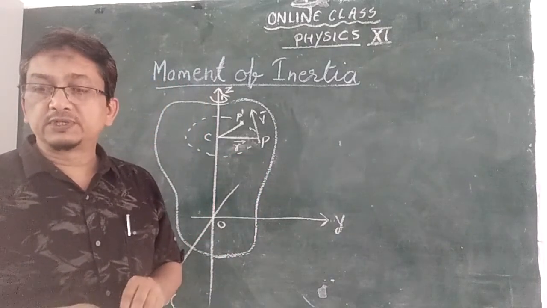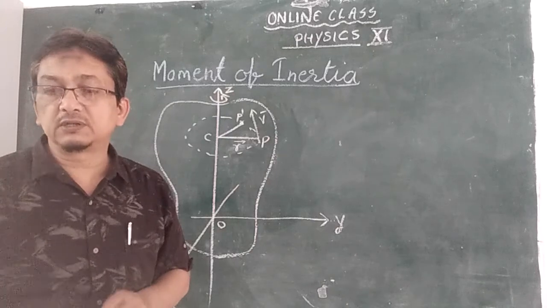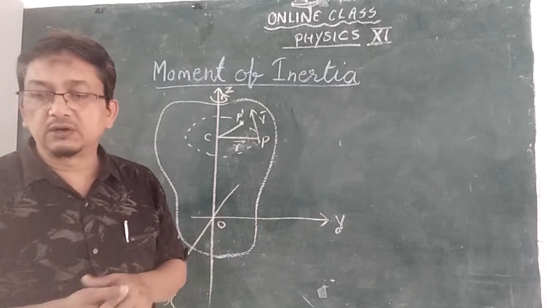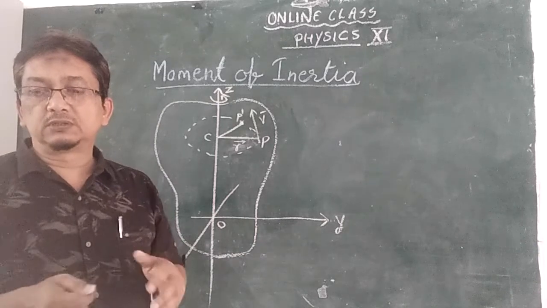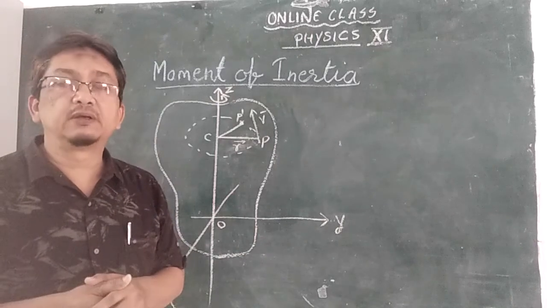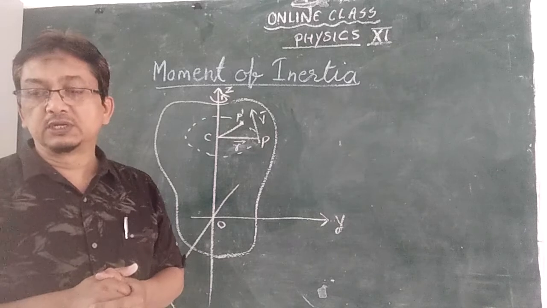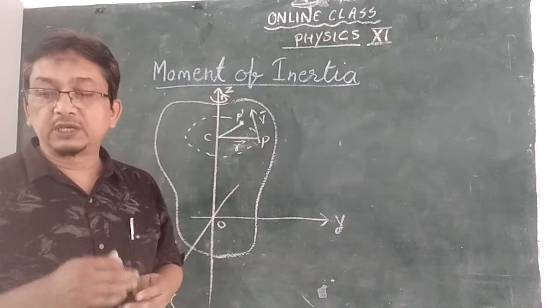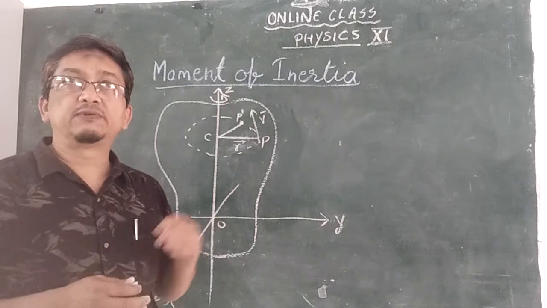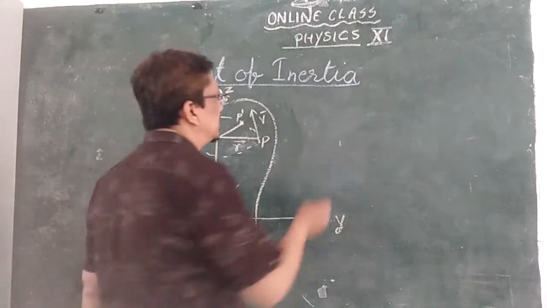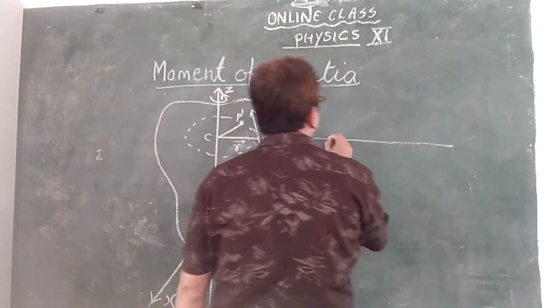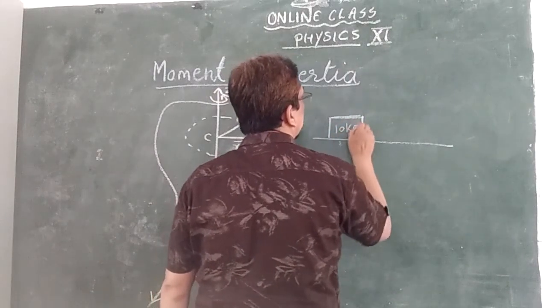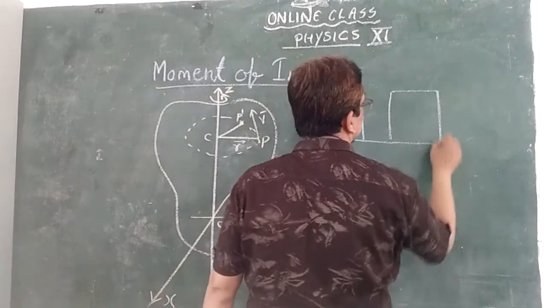For this, first you have to be introduced to some examples of linear velocity, or we can say translational motion. So for translational motion, you can see here what inertia is, and how inertia will increase and decrease. You can see there are two objects here. One has 10 kg and the other has 100 kg.